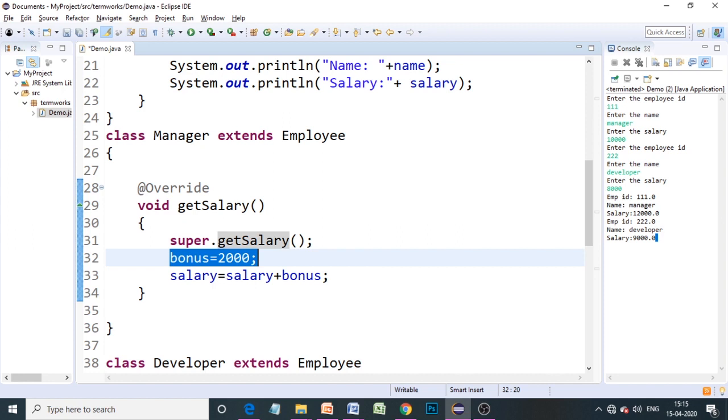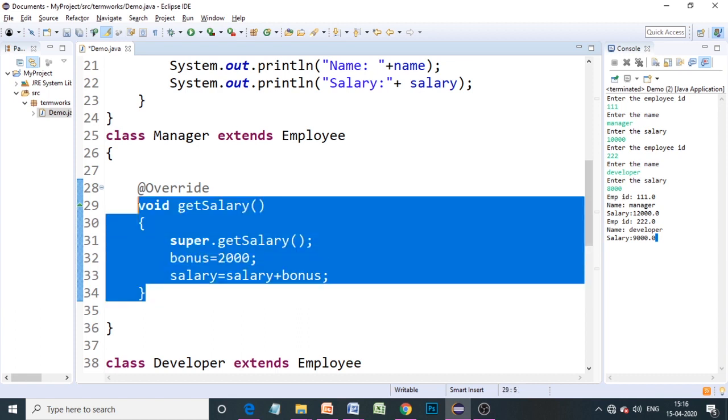So this is the benefit of overriding the methods. Whenever we need any specific implementation of any method which is already there in its superclass, overriding allows us to alter the code and write it as per the requirements of the subclass.